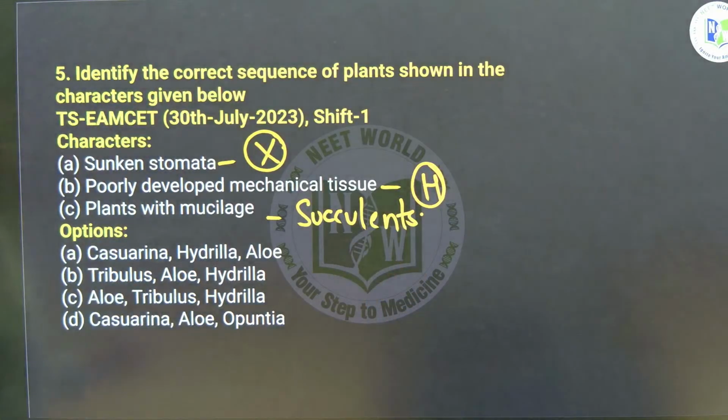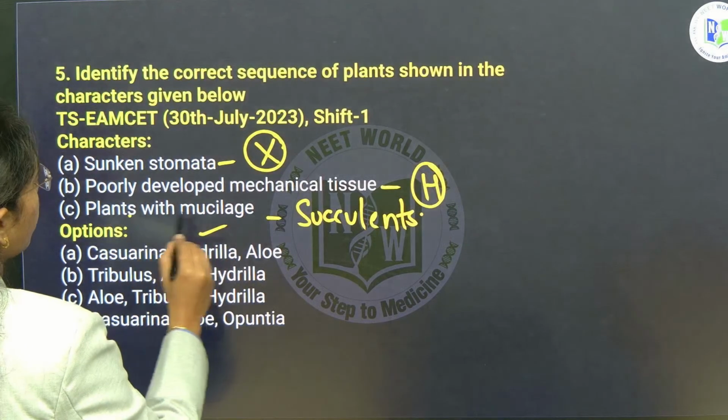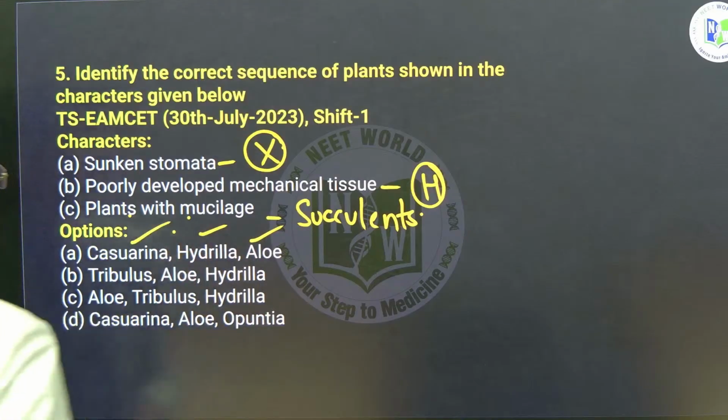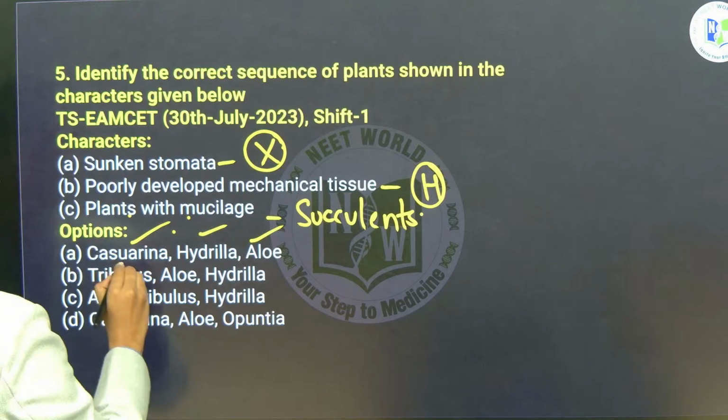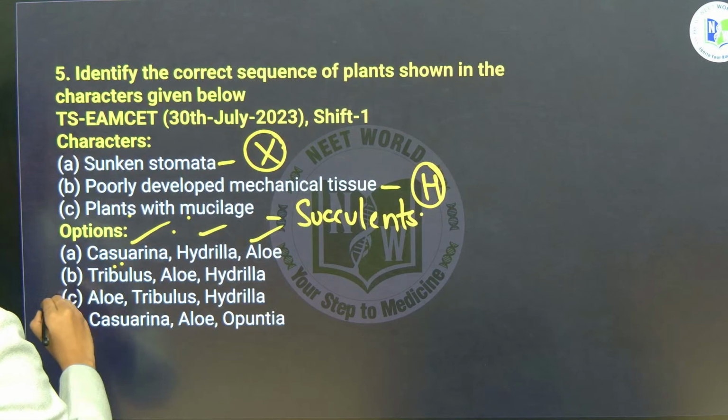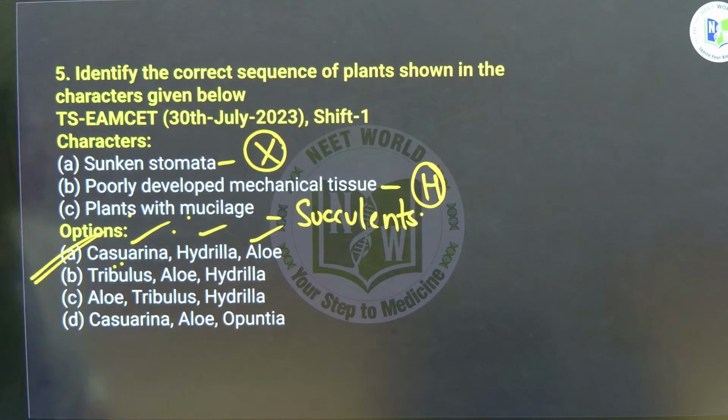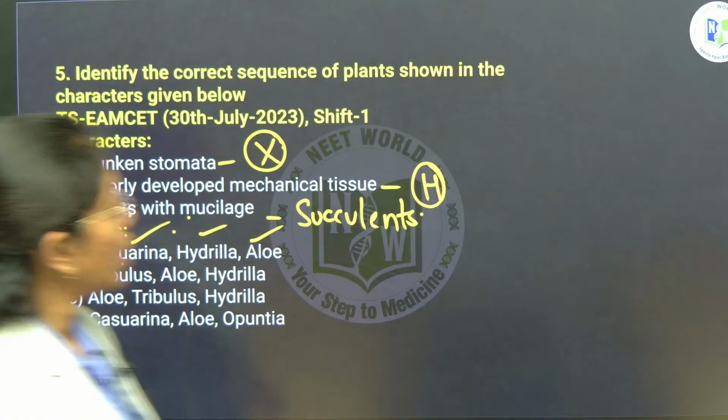Observe it clearly. First, sunken stomata, poorly developed mechanical tissue, hydrilla, plants with mucilage, aloe vera. Sunken stomata observed in Casuarina, which are stress tolerant, non-succulents. Right answer will be option A. Next,